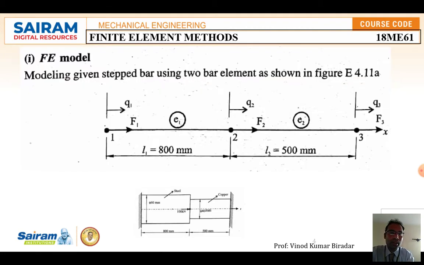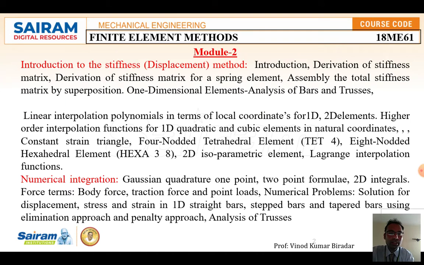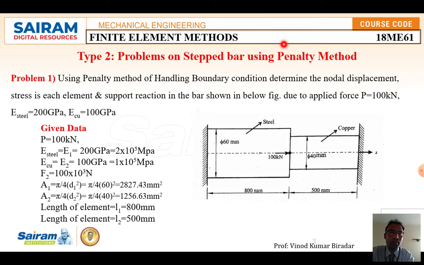In the examination also you have to read the question properly, whether they are asking for the penalty method or the elimination method. Here I am going to use the penalty method. So far we solved by using the elimination method, where we delete the respective row and column. In this we are going to use the penalty method. The procedure is the same up to step number 4; from the fourth step onward you are going to change something. So the question is given like this.